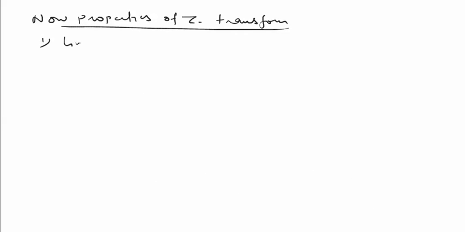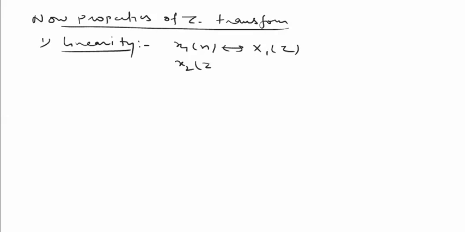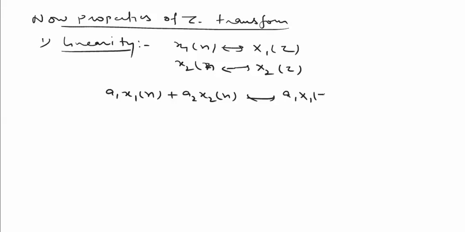First property, linearity. In all transforms, first we discuss the linearity. If x1n is X1z, x2n is X2z, then a1 x1n plus a2 x2n is scaling as well as superposition. Homogeneity and superposition apply simultaneously. Result will be